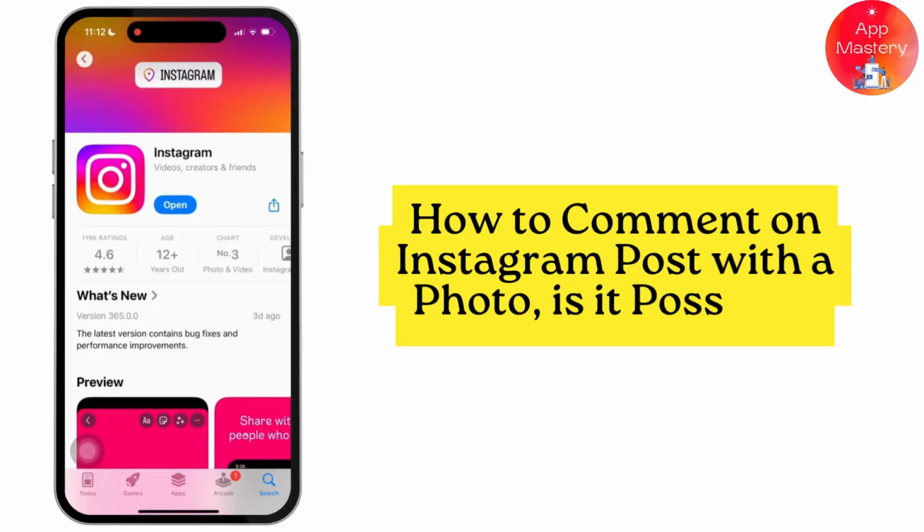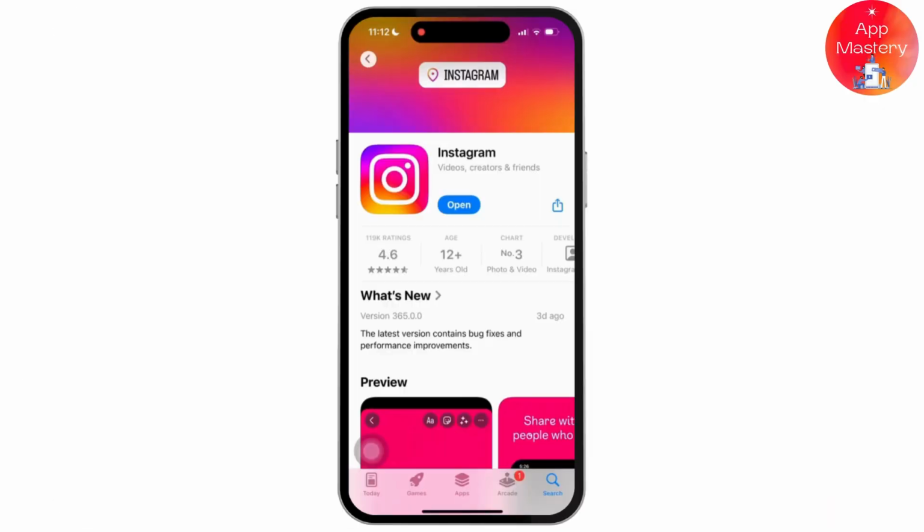How to comment on Instagram post with a photo. Is it possible? Yes, Instagram does currently allow users to comment on posts with a photo. So let's get started. Firstly, all you have to do is open the Instagram app on your mobile device and